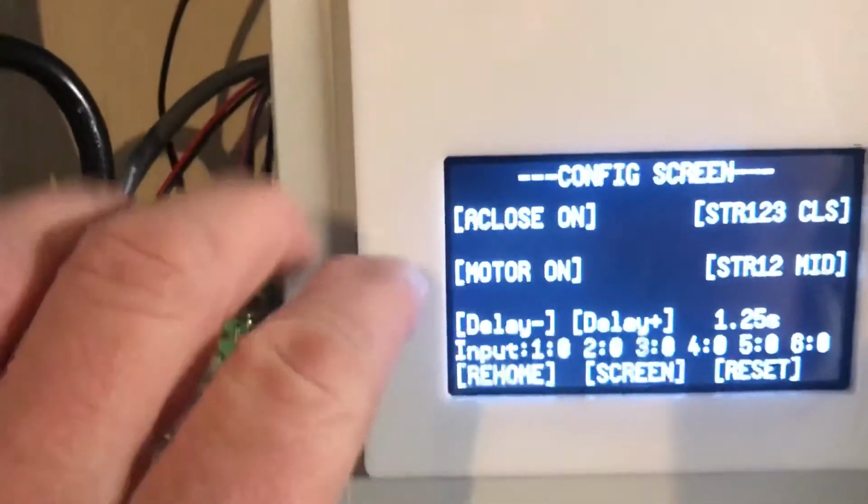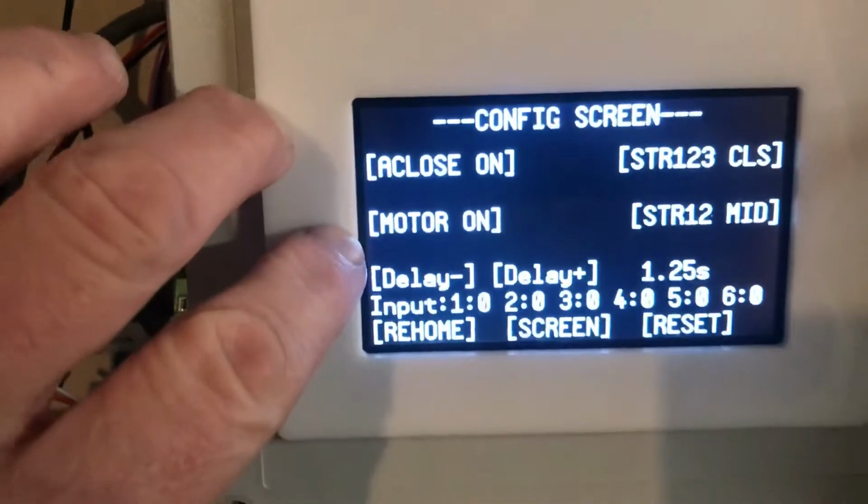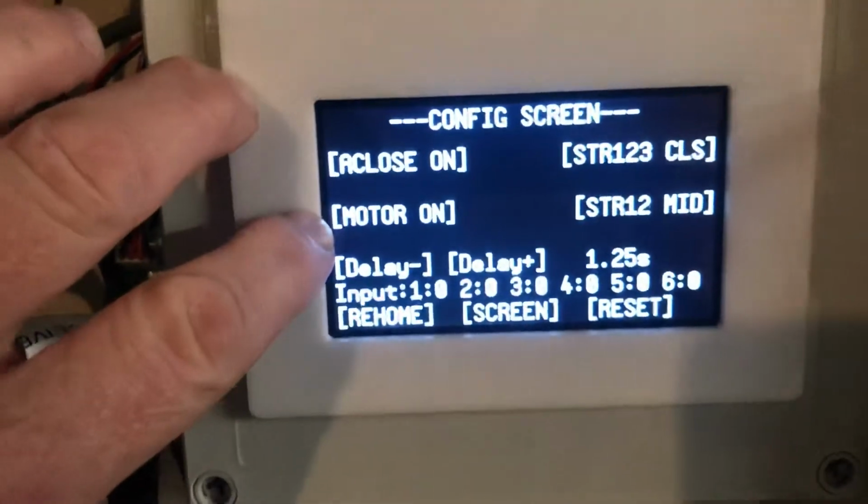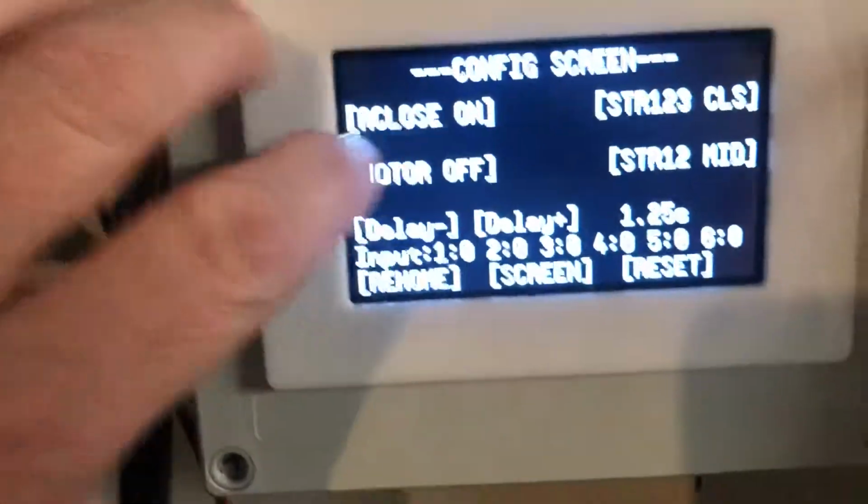We've talked about the delay. Motor on, motor off. If for any reason we want to disable the motors, we can turn motor off, and you can see that a fault light turns on each master controller on the motor driver board in red, okay? That tells us that the motor has been disabled, which means we can now move the motor freely by hand. Whereas if the motor is on,